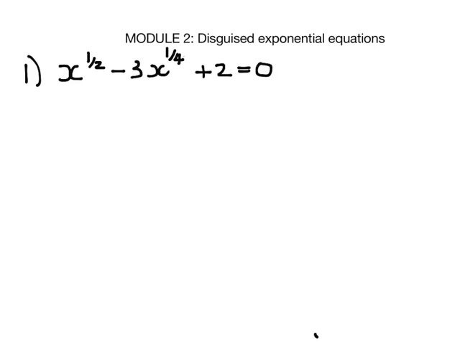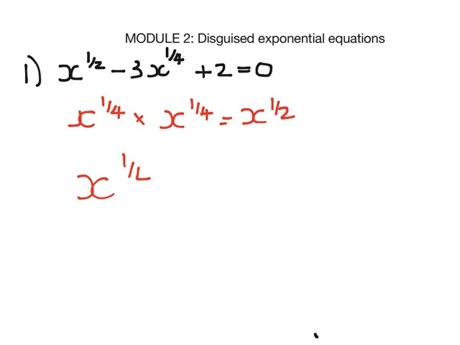Some exponential equations are disguised trinomials, as in the following example. It is said to be disguised because x to the 1 over 4 multiplied by x to the 1 over 4 is equal to x to the half. So in other words, x to the 1 over 4 squared is equal to x to the half. So what I can do then